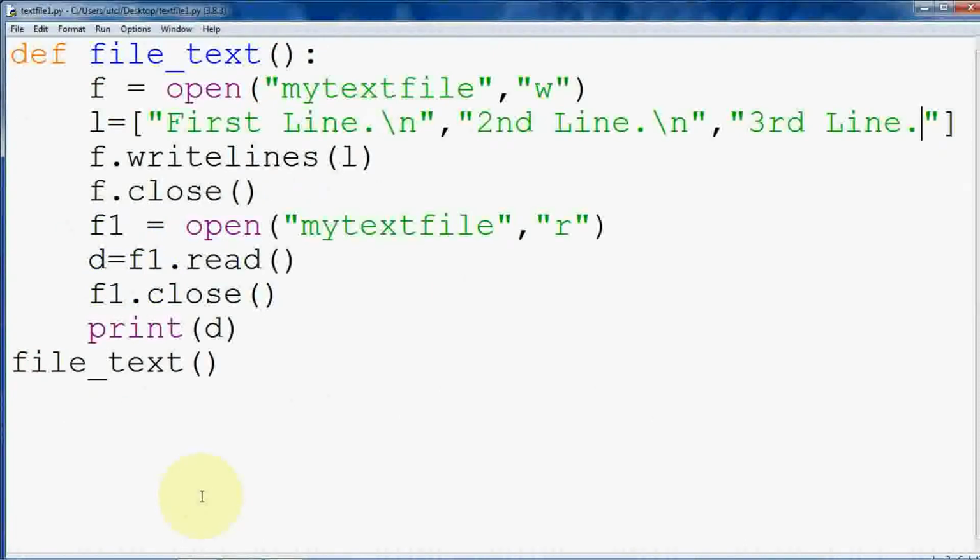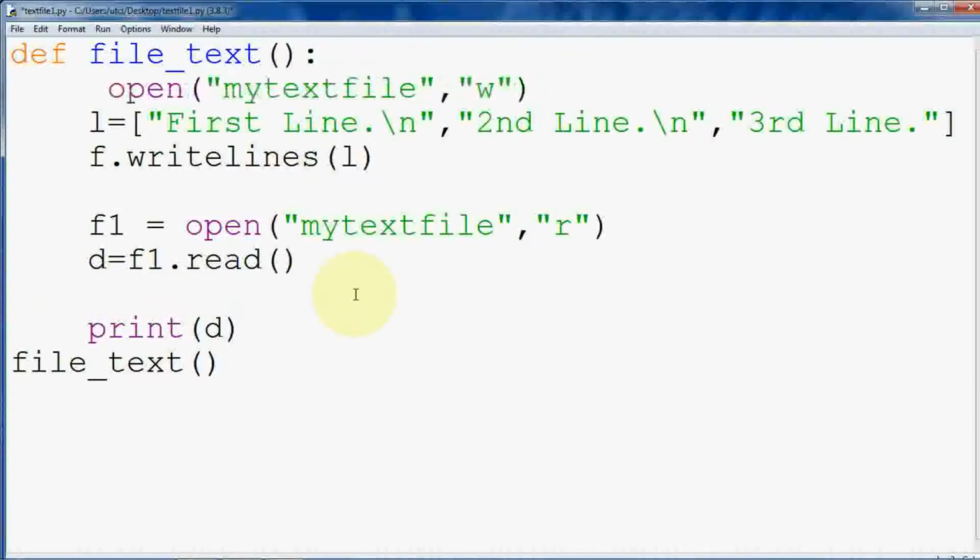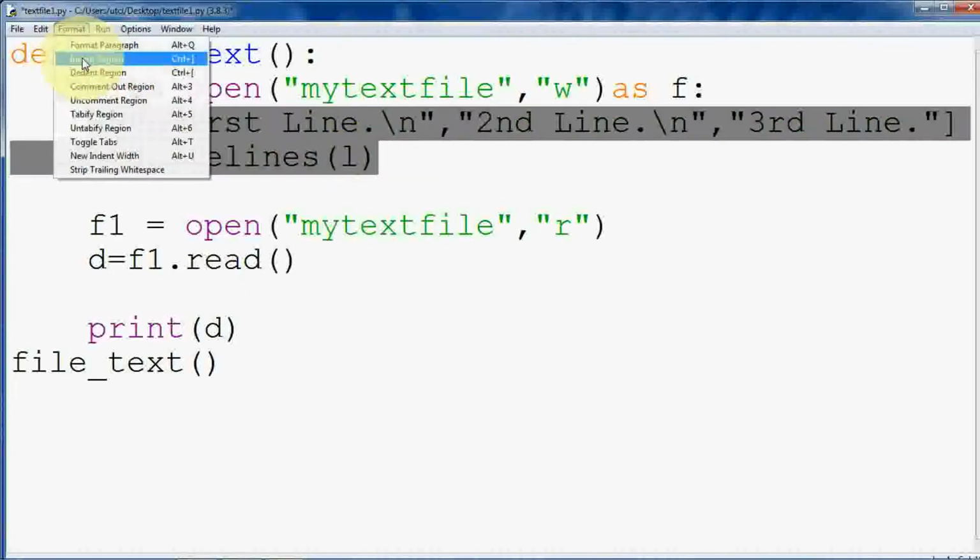Now here every time I have to use f.close and f1.close like that. But I don't want to use this close method. Sometimes my program is very lengthy and the text is written in so many lines. So in that case what we can do, we can avoid f.close by using the with option. So here I am creating the same object but using with. You have to write with, then the open function as f. So this is the first part. Now indent this part, indent region.